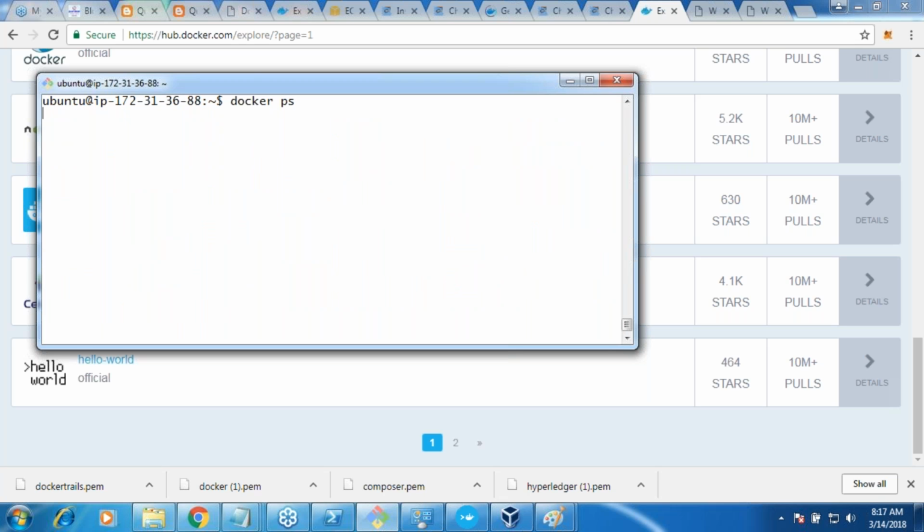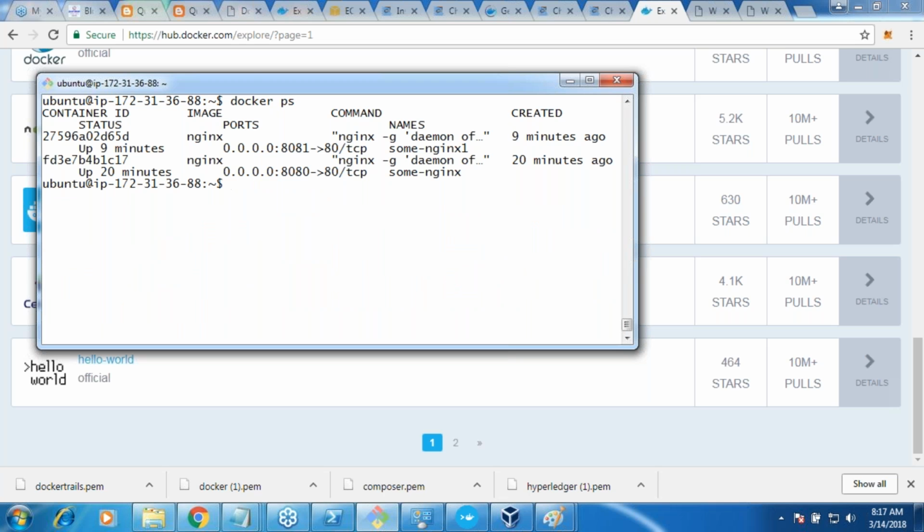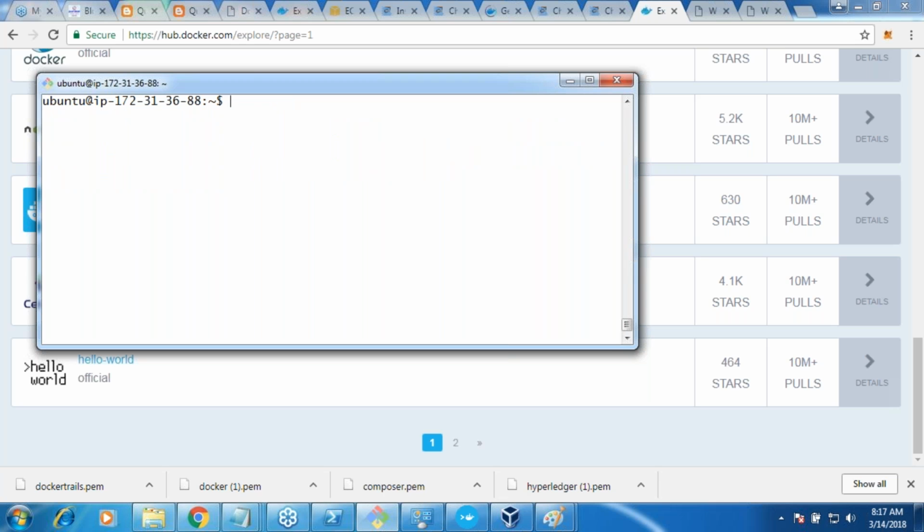Whenever it has run, it is a container. What we have pulled is an image. Why was it without hyphen name? Because it has killed itself. It is not a running container. There are two kinds of things, right? One is a service, the other one is an executable. When you run an executable, what happens? It will run till the job is done and it will kill itself. Docker hello world is something like that. Fine, so you are seeing all of this, but I want to stop them.